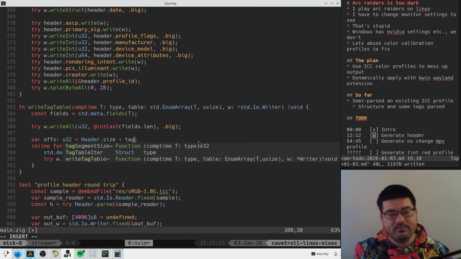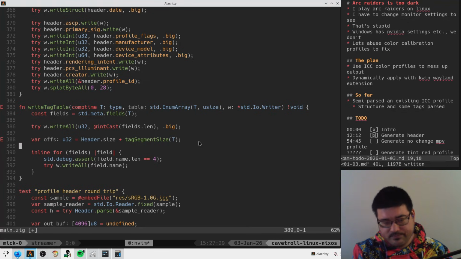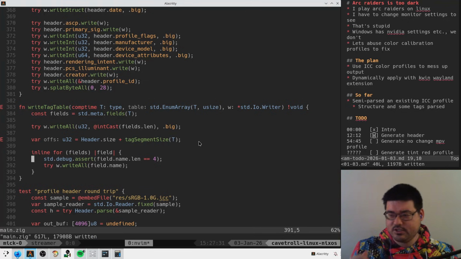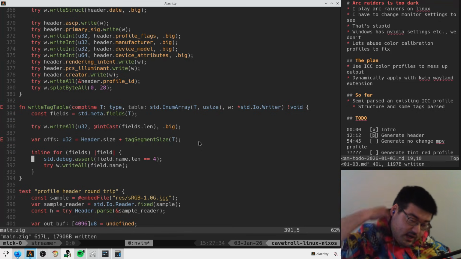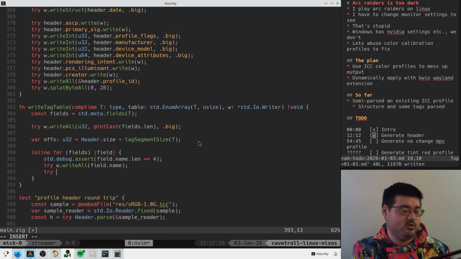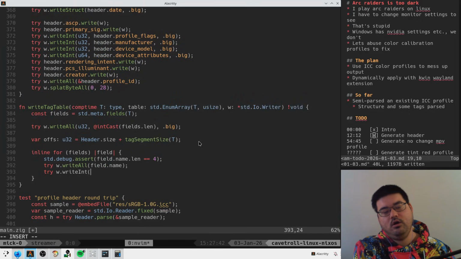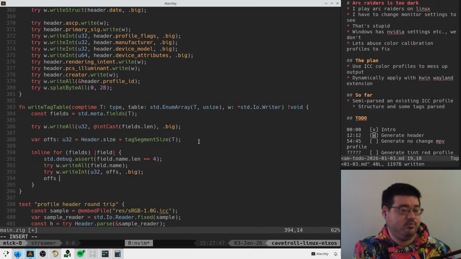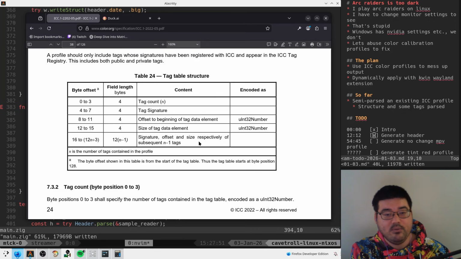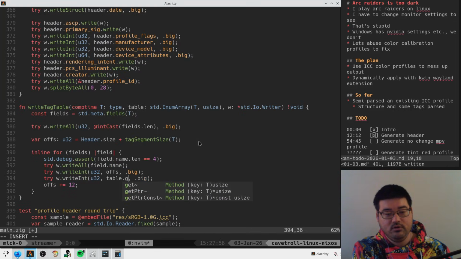Plus tag segment size t. Right? That's where the data starts. And so then we should be able to try write all, write int, maybe u32 offs, big. Offs plus equals 12 probably, right? Because it's 12 bytes per line. And then we just have to write the size here. So try write table get